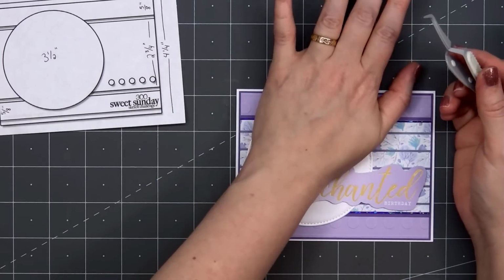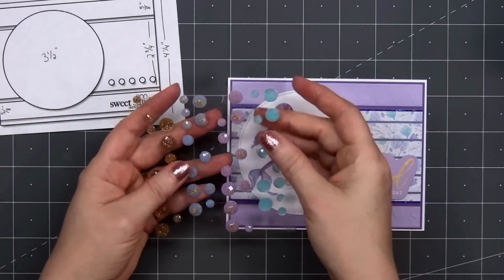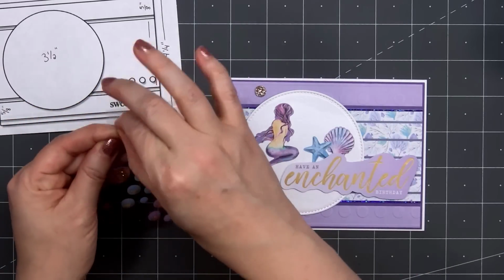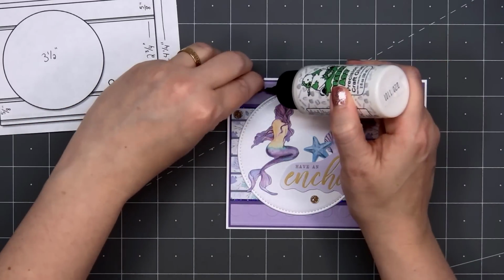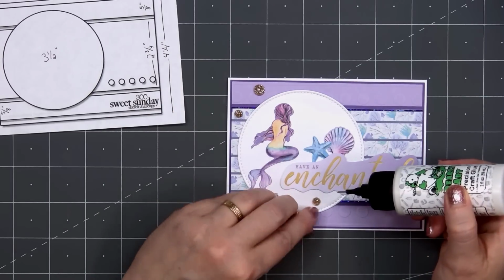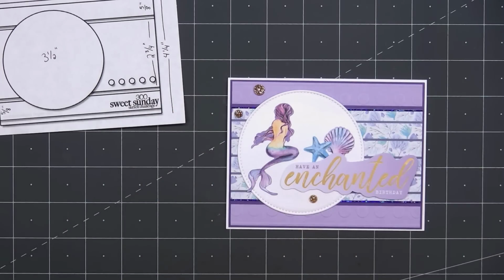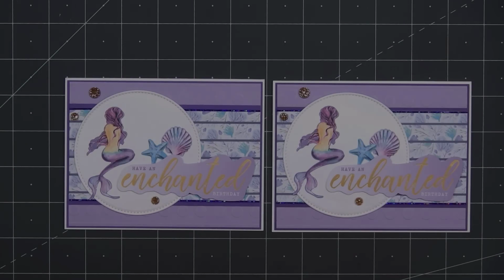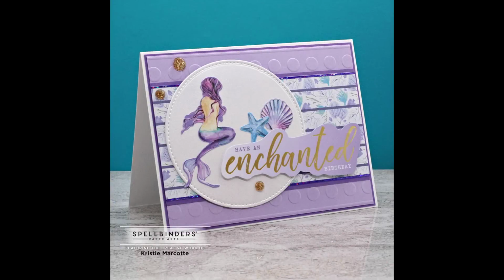Then to finish off the card, I'll use some more of the gem stickers that are included in the kit, this time the gold glitter color. Put 2 of them in the upper left-hand corner and 1 underneath the sentiment. So there is my finished card, and I did make 2 using this design. This is another very purple card, but my next 3 I'm steering away from the purple and trying to focus